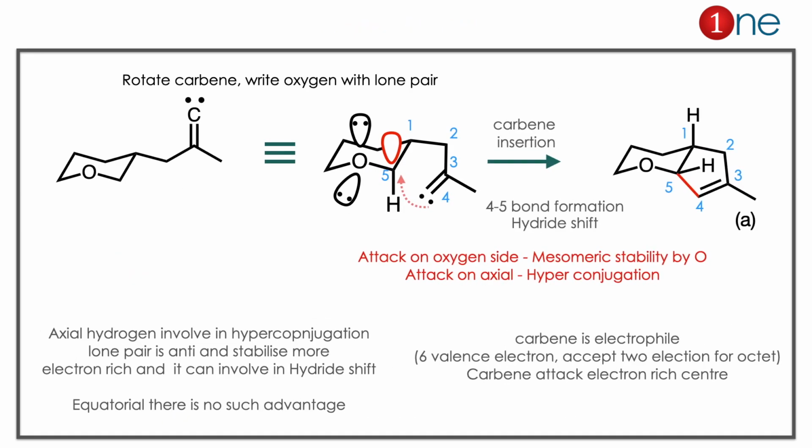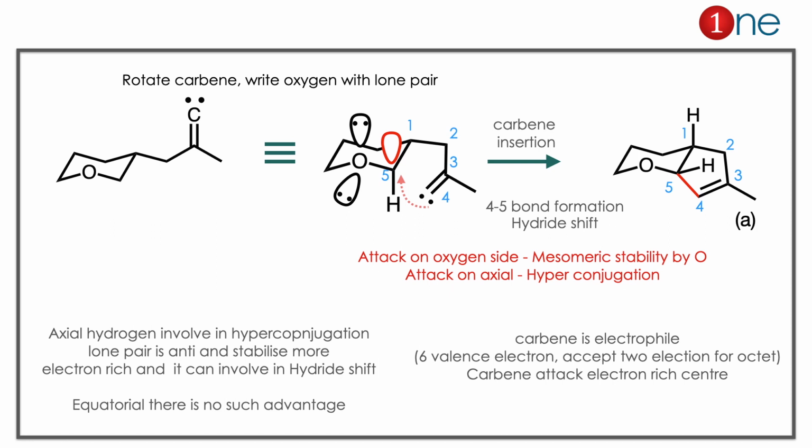The starting material, you have carbene. Carbene is the electron deficient one. So it always attacks the electron rich center. So obviously the electron rich center is the carbon near to the oxygen. The carbene's basic behavior is insertion there. So it is basically involved in the insertion where the electron density is rich. The axial hydrogen is very much electron rich because of 2 reasons. One is it can be compensated by the mesomeric effect of oxygen. Another thing is it can be stabilized by hyperconjugation. So the carbene attacks the axial hydrogen, not the equatorial hydrogen.